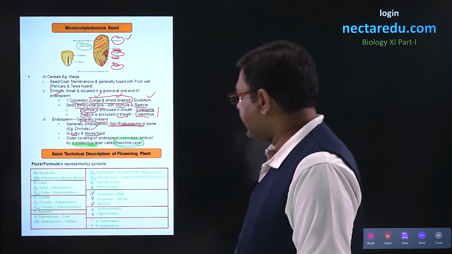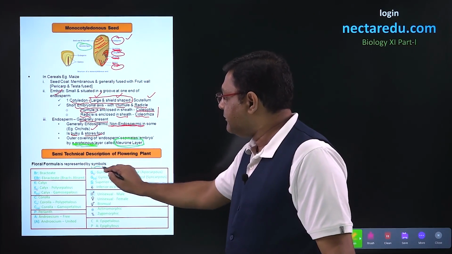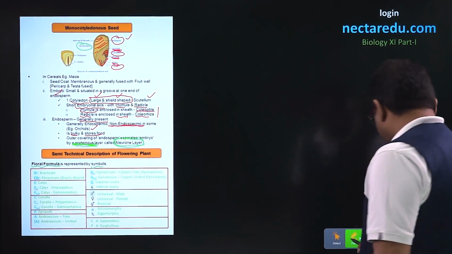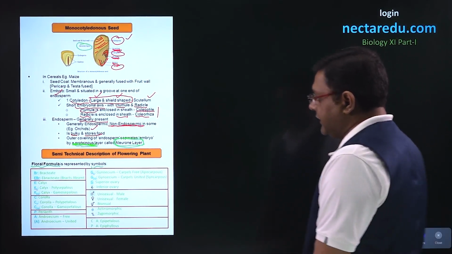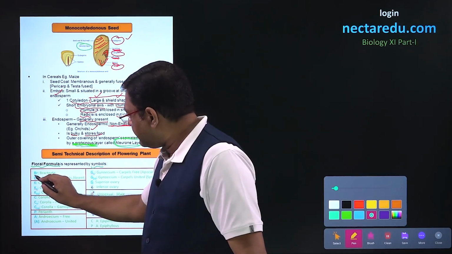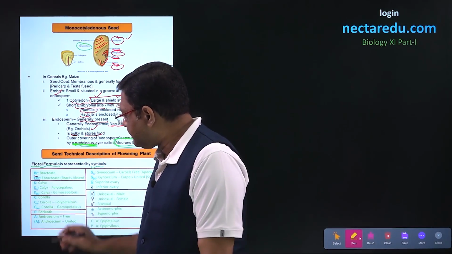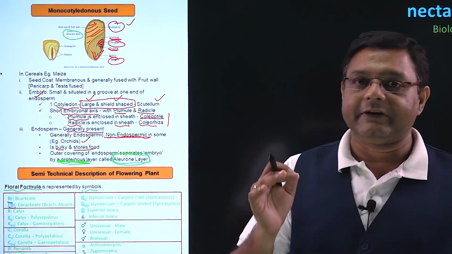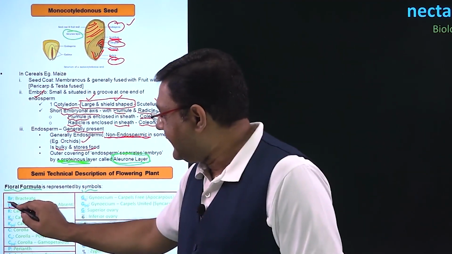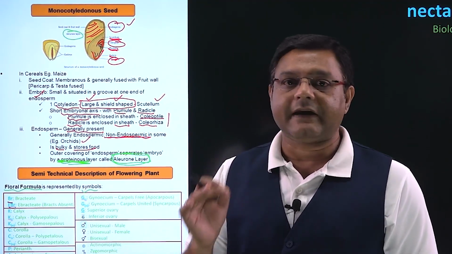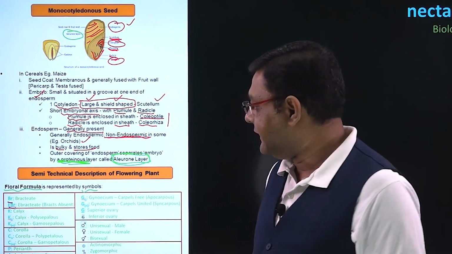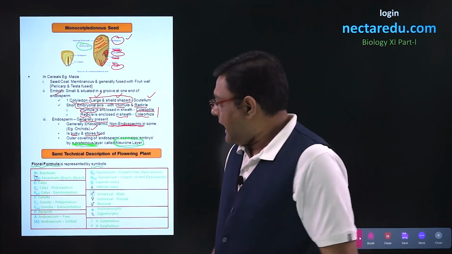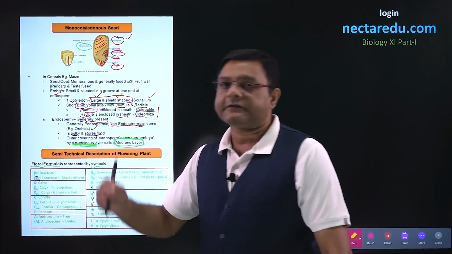After this, finally, coming to different symbols that we use in floral formula. The first symbol that we talk about, we write it as BR or EBR. Now, in the case bracts are present, that is the condition is bracteate, then we will write BR, and if bracts are absent, that is abracteate condition, in that case we will write it as EBR. After this, the four whorls are given.